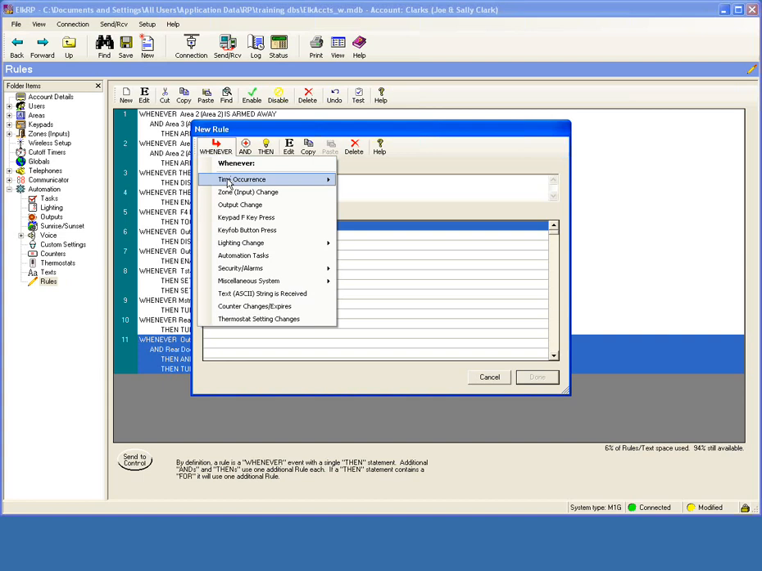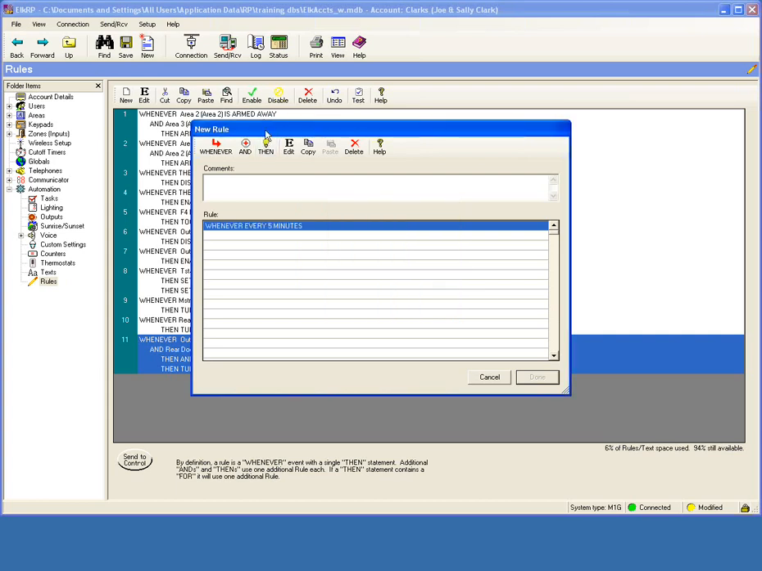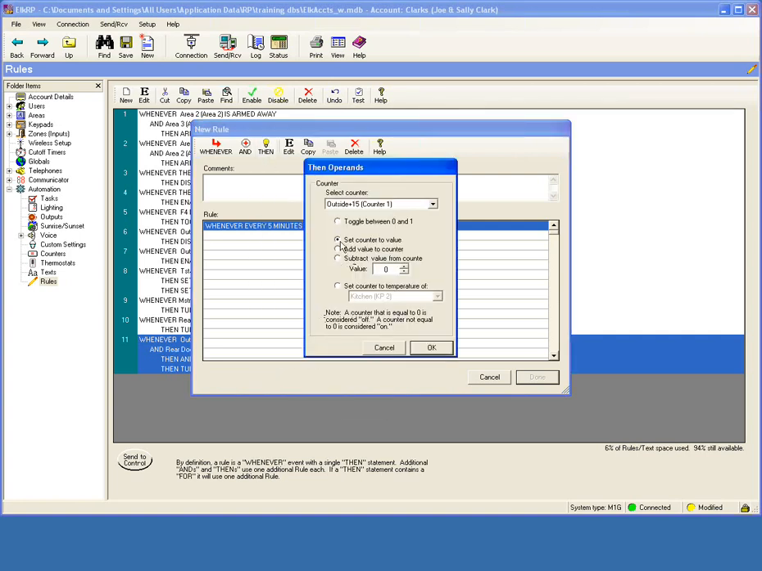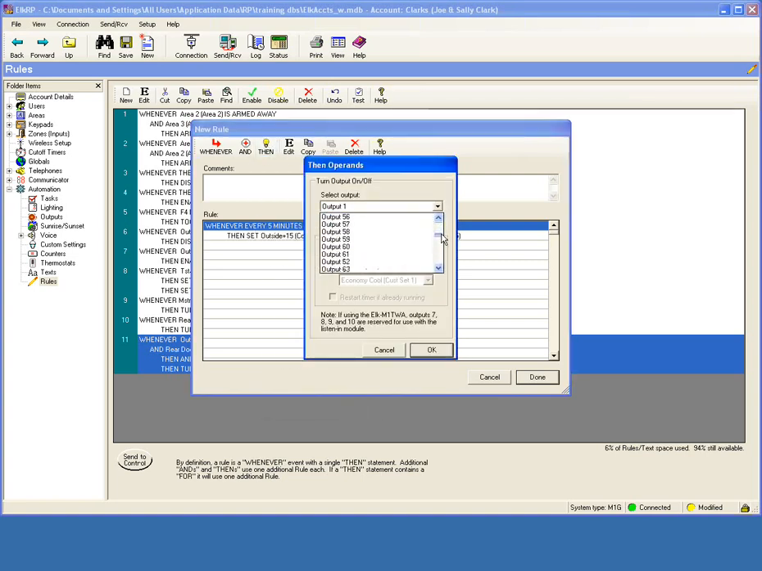So what I'm going to start out with here is whenever, and then say every 5 minutes, I want to set a counter. So I go to then and I go to set change counter, and I want to set that counter to the value of my outside temperature sensor. So I've named the counter here outside plus 15. I'm setting it to the value of the outside temperature, and then I'm going to turn on another phantom output, output 150,